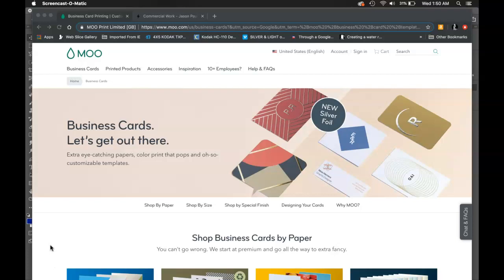So in this video I'm going to walk you through the process of how to upload your own design to moo.com. We'll show you briefly just how to throw together something really quick in Photoshop, and save a copy that you can upload to Moo, just so you can see what the process typically looks like. I use Moo. I think they make really nice cards. They can be a bit pricey compared to some places. There are definitely cheaper places to go. But I like the way their cards look and feel,